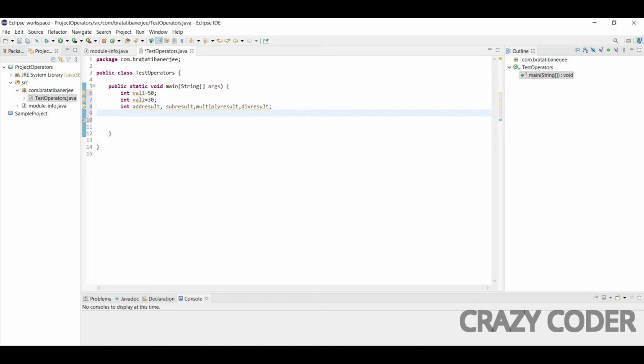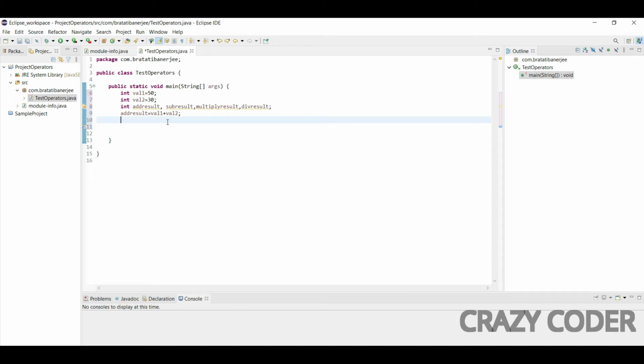Here I will write add result equals val1 plus val2. As we can see, we are adding the values of val1 and val2.